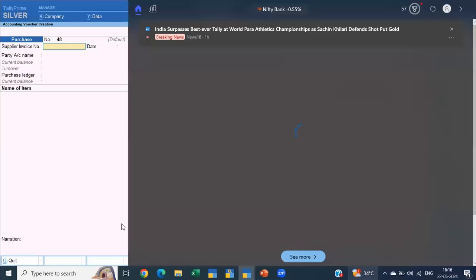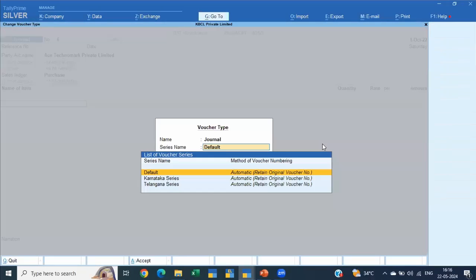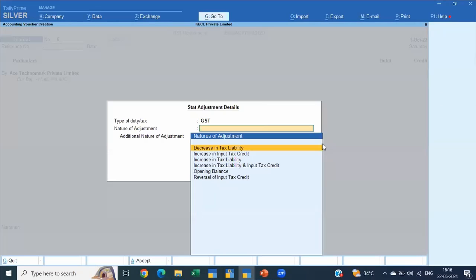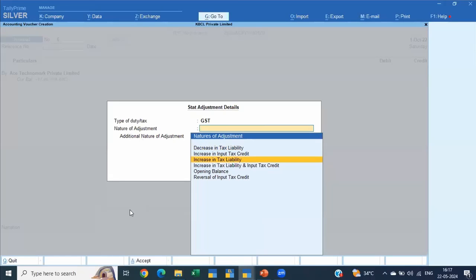Okay. Rule 86B, can someone enlighten me what exactly it is?